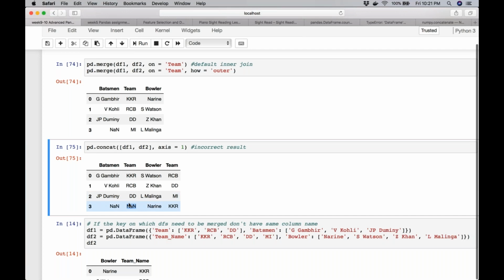So now I have, for some reason, this data frame, and the requirement is that I don't want these NaN because it may confuse my end user. I just want the cell to be blank. How would I achieve that? You have to go back to your first session on pandas. What did we do?